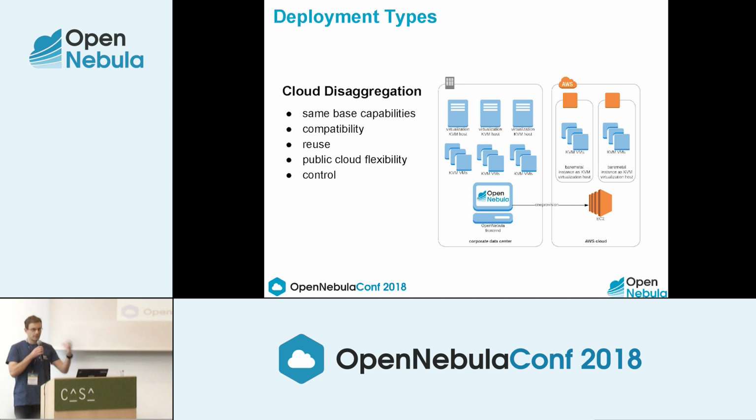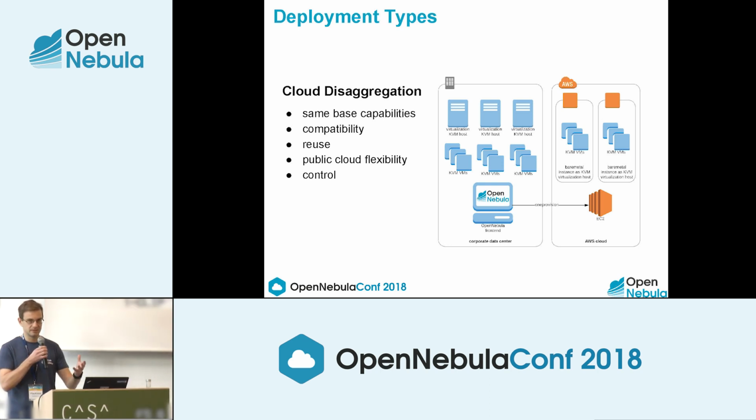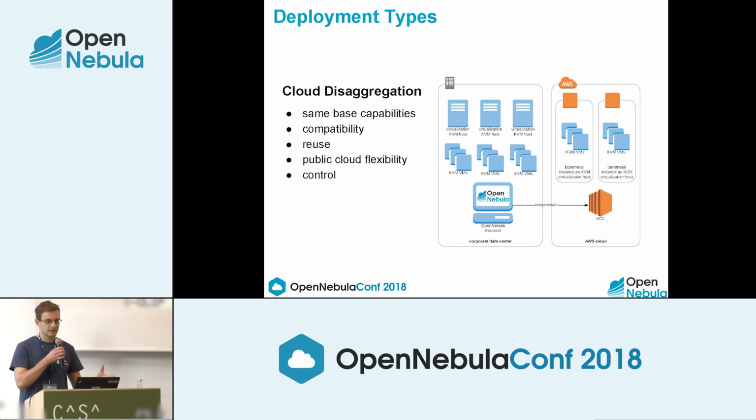And when I go back to the ideas behind the cloud disaggregation, if we have different providers, possibly, which are giving us a possibility to have physical resources sharing the same base capabilities, which means all the hosts are able to run a custom hypervisor, our preferred hypervisor, KVM, this gives us the option to build a virtualization layer which is shared and compatible between all our resources.